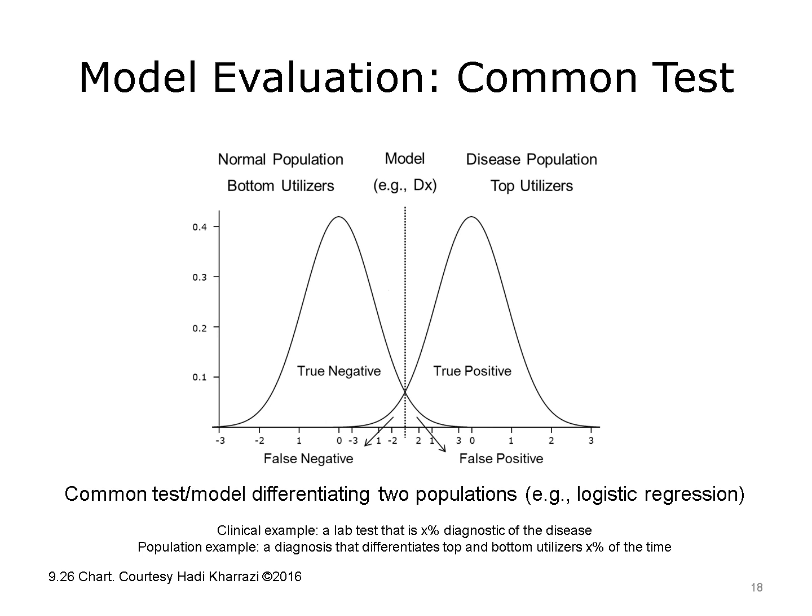In this condition, the population health model cannot make a clear split between the top utilizers and the non-top utilizers. The overlap of the two normal distributions forces the model to make compromises where the two diagrams overlap. As depicted in the diagram, this leads to the creation of false negative and false positive cases, in which the